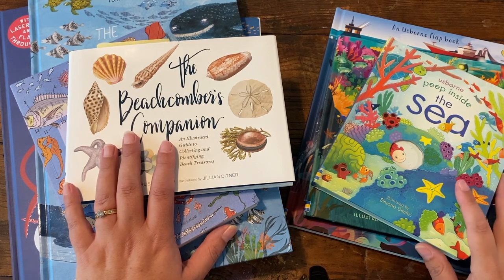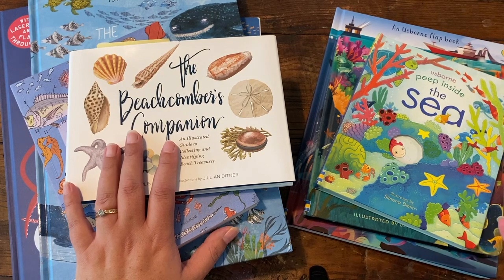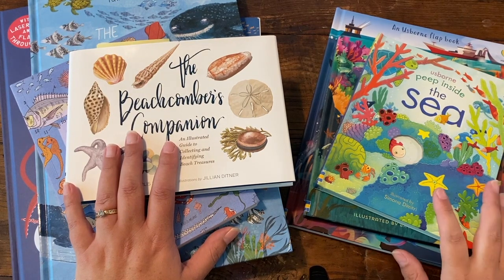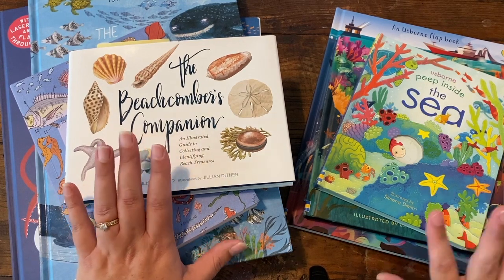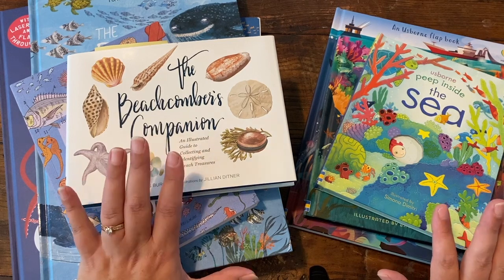And basically all I did was go around and gather all of the books that were ocean themed and just put them all onto that shelf, as you saw in the clip that I showed you before. So I'll just give you a really quick overview of the books that we've been using. And some of these books